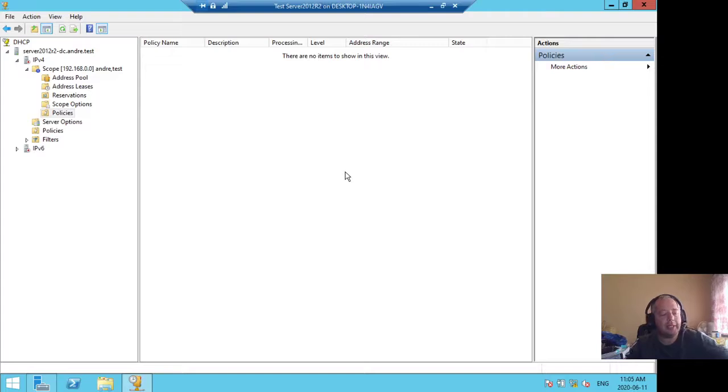But that's how easy it is to set up a DHCP server and actually add a DHCP scope to your network. Okay. The next section, the next little video, of course, is now going to cover adding a computer to the domain and then letting that computer get an IP address from the DHCP server and update its records in DNS. So you guys can see how all of that is also